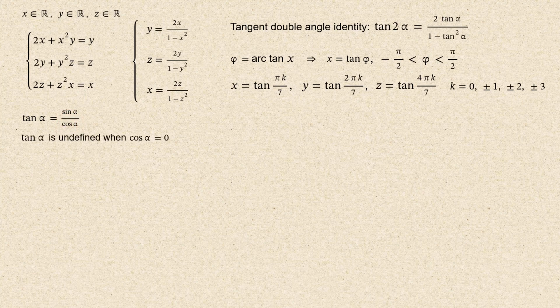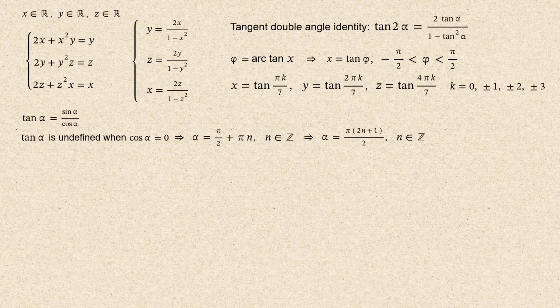result is undefined. Solving the equation cosine of alpha is 0 gives alpha equals half pi plus pi times n, where n is an integer, and after reducing to common denominator and taking out common factor pi, we get alpha equals pi times 2n plus 1 divided by 2, where n is an integer. Testing each value of x, y, and z would be rather boring. However, there is a trick that allows doing that immediately.